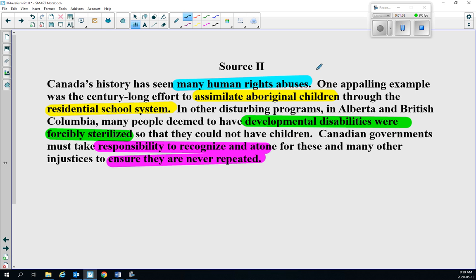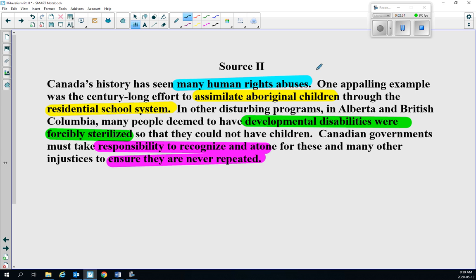Again, the intent was to assimilate them, to make them like British European culture. The schools began at the peak of ethnocentrism and imperialism, and it seemed at the time, I guess, a natural extension for a mother country to do to assimilate their colony. So they tried to assimilate Aboriginal kids. And of course, as you learned, they would have had to attend the residential school. It was illegal not to attend.